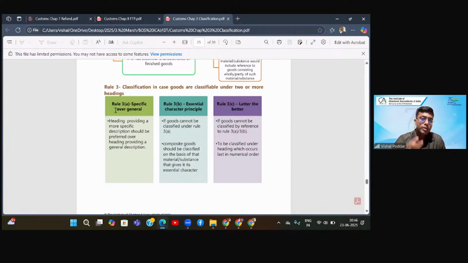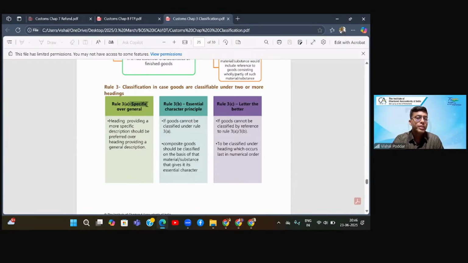So like simply saying masala is general, and saying haldi based masala is specific. Where something is majorly haldi based, that heading is specific as compared to simply saying masala. So masala is a general terminology and haldi based is specific terminology. So first, for such combinations where there is more than one chapter available, apply rule 3a, which says